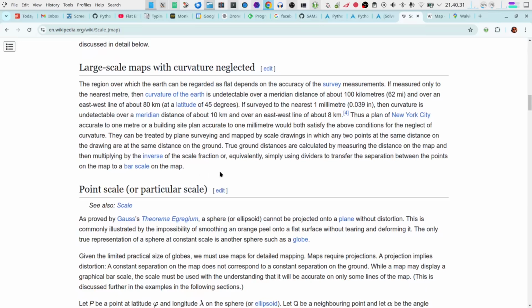The region over which the Earth can be regarded as flat depends on the accuracy of the survey measurements. If measured only to the nearest meter, then the curvature of Earth is undetectable over a meridian distance of about 100 kilometers or 62 miles and over an east-west line of about 80 kilometers. If surveyed to the nearest millimeter, then the curvature is undetectable over a meridian of about 10 kilometers and over an east-west line of about 8 kilometers. So this is why the flat earthers have such a lot of trouble finding the curvature, because they're just not looking at large enough scales. The Earth is really, really big, and it's quite difficult to get your head wrapped around it. So to show you the issues,